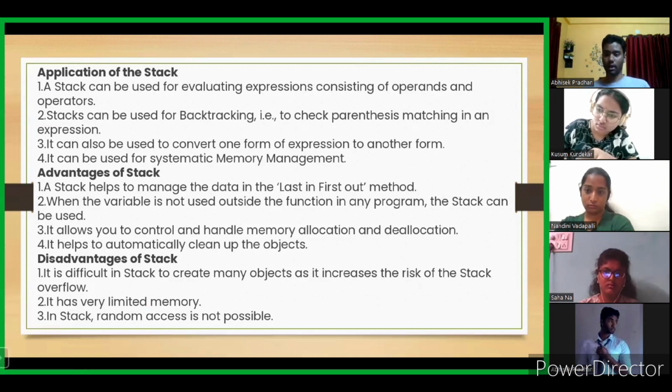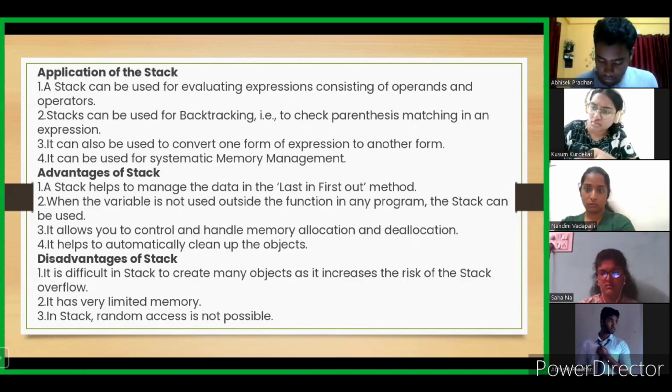Then we talk about backtracking. See, what does backtracking mean? When you proceed in a program and you have reached a dead end, what do you think? Should you restart it again? When you restart again, it's time consuming and a wastage of resources. So what we do in backtracking is we retrace our previous steps, and we then conclude at which step have I gone wrong. For example, if